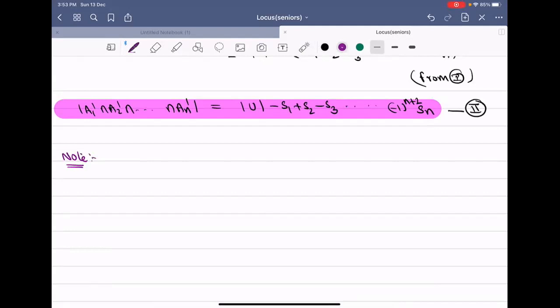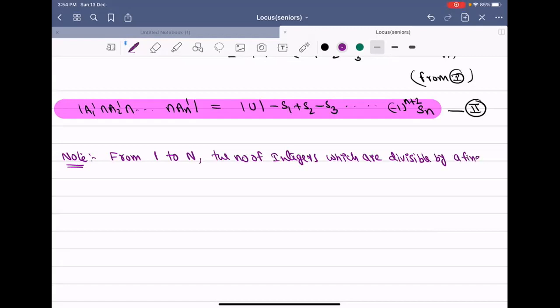A note, write down. From 1 to capital N, the number of integers which are divisible by a fixed integer k, where 1 is less than or equal to k is less than or equal to n, is equal to the step function of n over k,